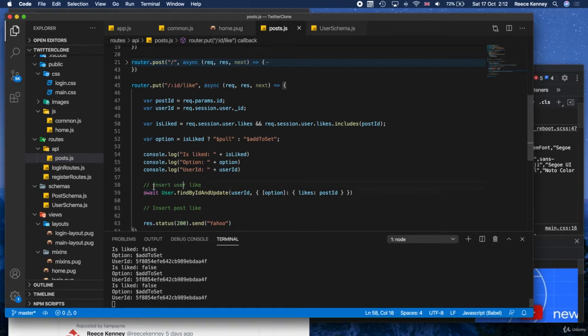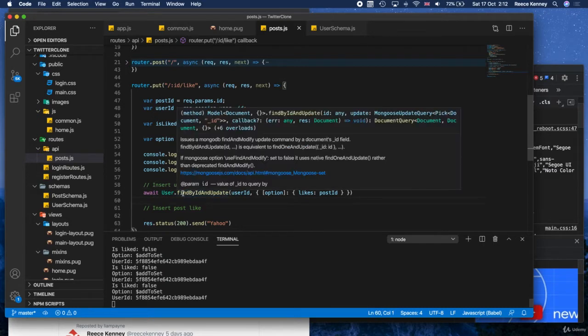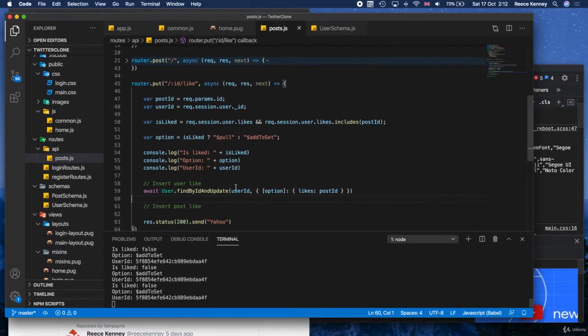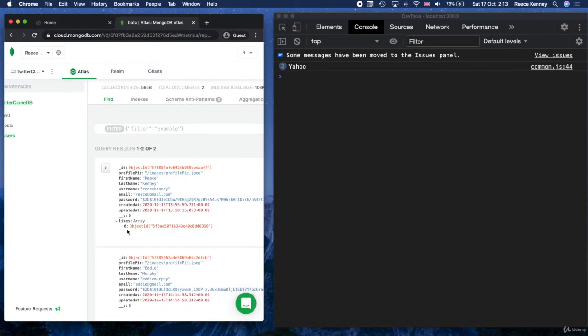But where we left off last time, the liking is working, but when we pressed the button again, it didn't unlike it. Now, it's worth noting that it didn't add to the array again, because remember, I said that a set, which is what we're doing, add to set, a set can only contain unique values. So if we add a user to a set, and then try and add that same user to a set again, it will just kind of ignore the call because that user already exists there. So that's why there are no duplicates in there. So you'll never have two of the same user in this array.